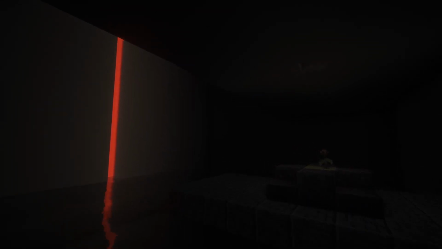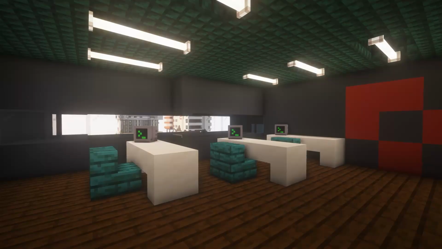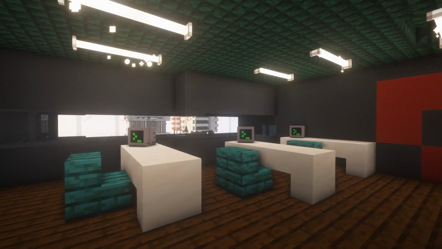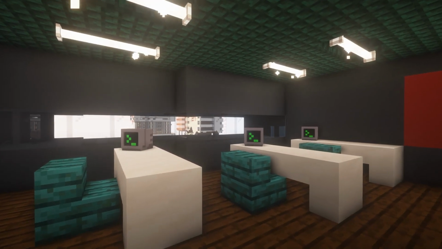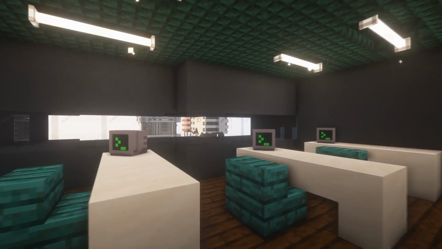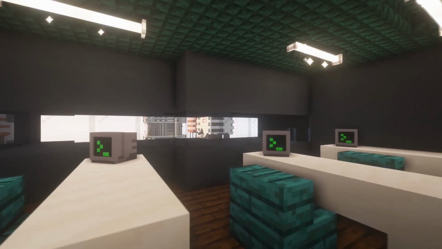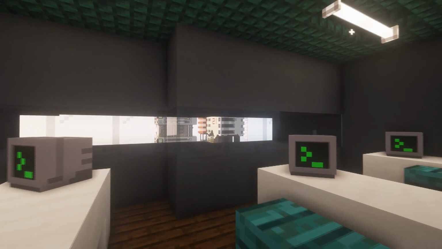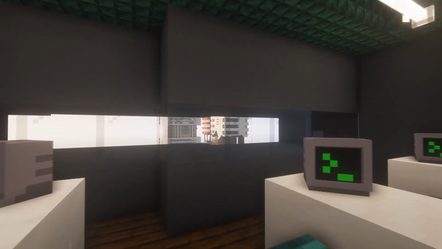You may now think, what about other floors? Well, I could have placed 20 floors of offices, but do I need to? I would say most people can imagine that there are 20 floors of offices in that building. Do I need to build them? No, because you can let imagination work for you.